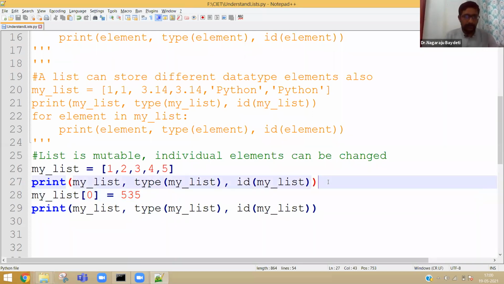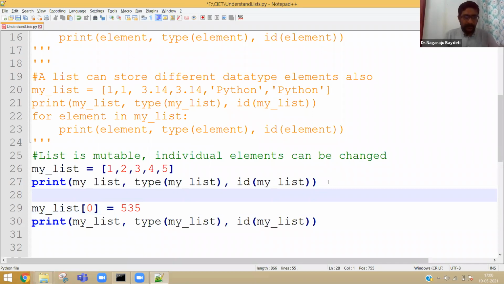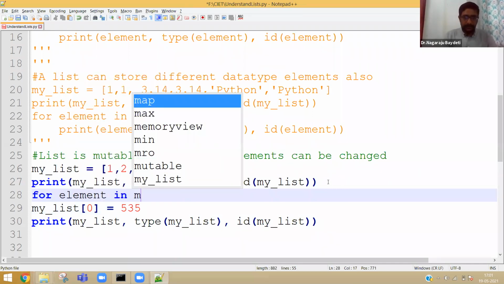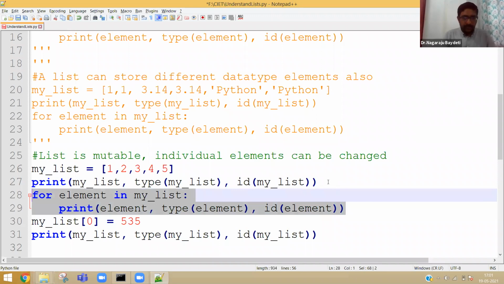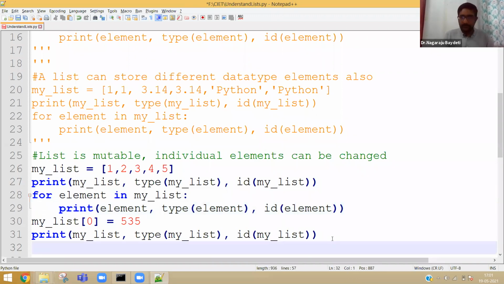Now, for each element in my list, print element, type of element, ID of element. Correct. And we will do the same thing after changing the values also. After changing one value.